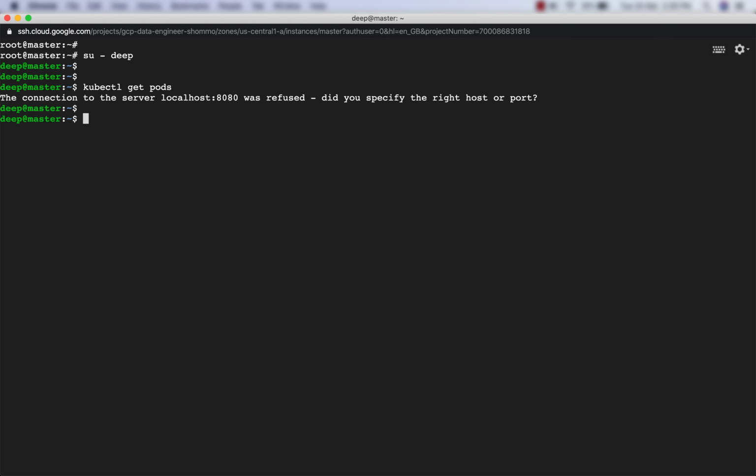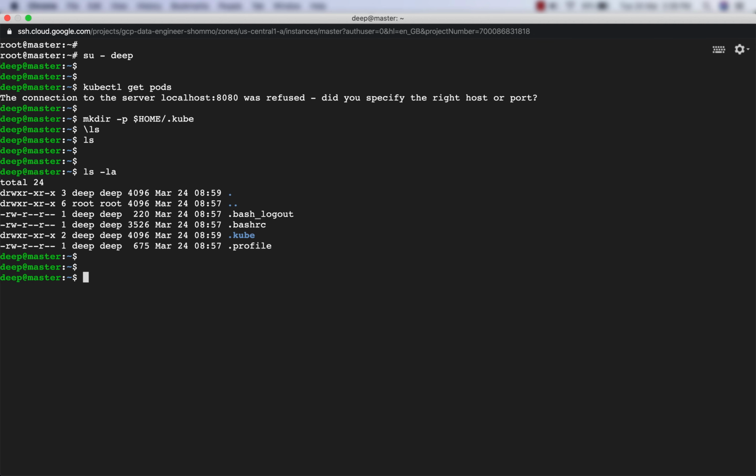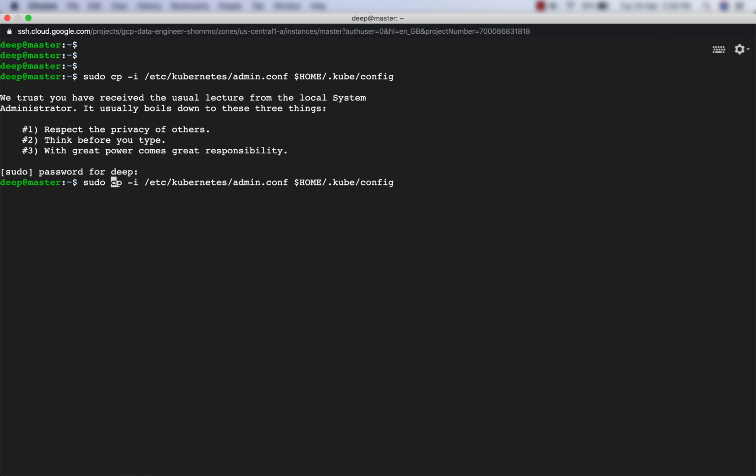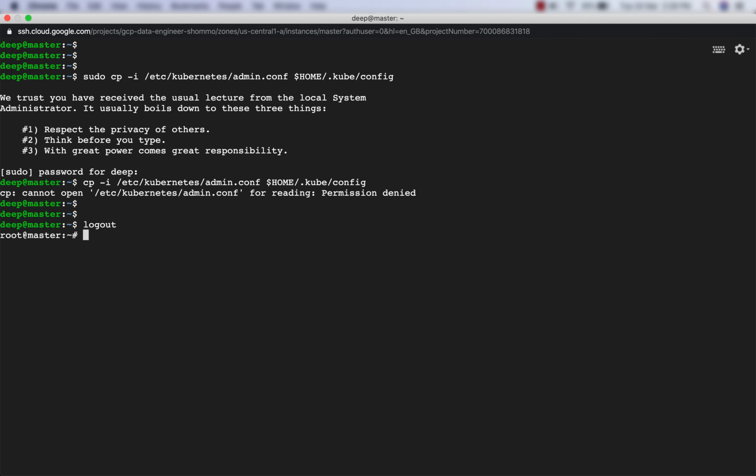Now do you know why we get this error? We have to copy those files. So which files? We have to create those directories and copy the config file. So I've created this .kube directory. As you can see, it has been created. I cannot use sudo from here because this user does not have any sudo access, and it says permission is denied. So what I'll do is I will log in as root again,